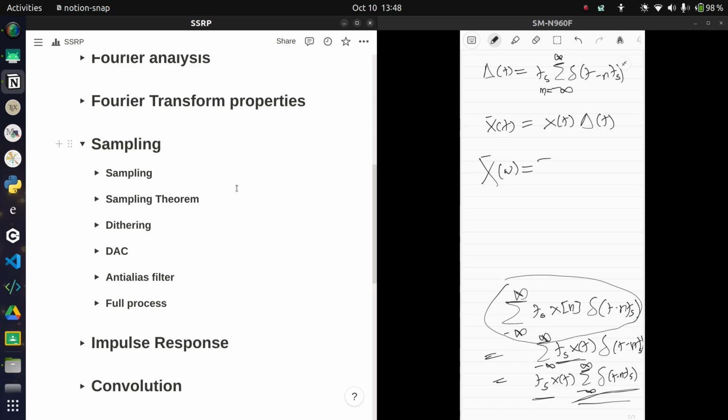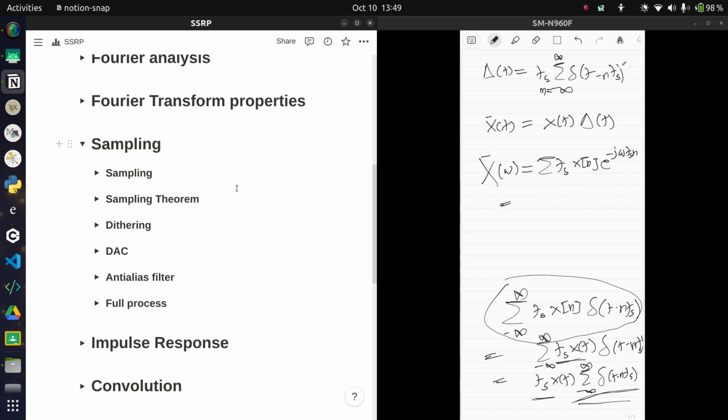So you just have this thing, summation of Ts x[n], and you just got e to the power, so negative is positive, I guess, no, okay, because it's a delta function, so just take out that value, that's about all it does. So it's just negative j omega Ts n, I guess, right? Am I doing it correctly? I am doing it correctly. So over here omega is supposed to be not a unitless quantity, instead it's the actual angular frequency, so it's something like 2 pi by capital T. Anyway,